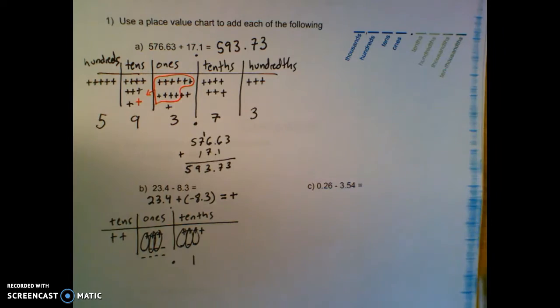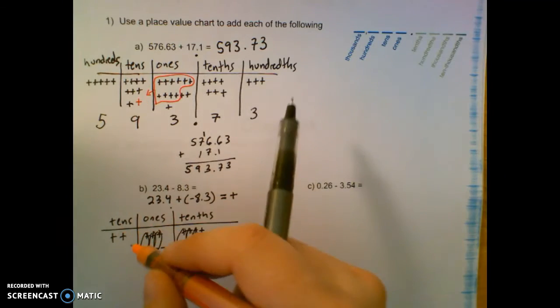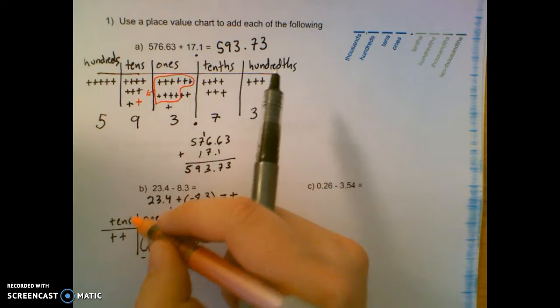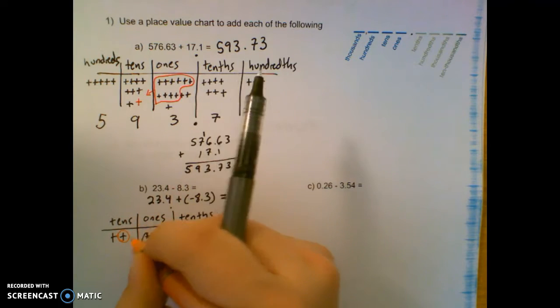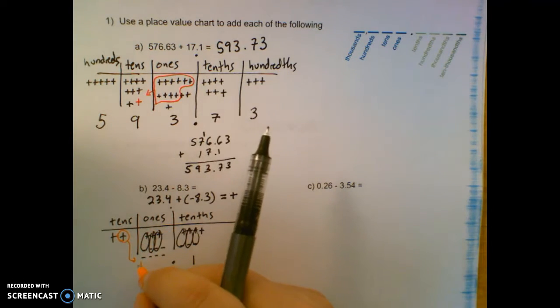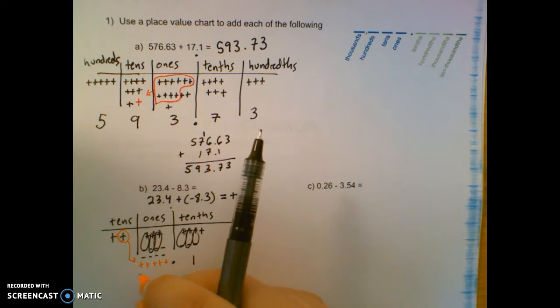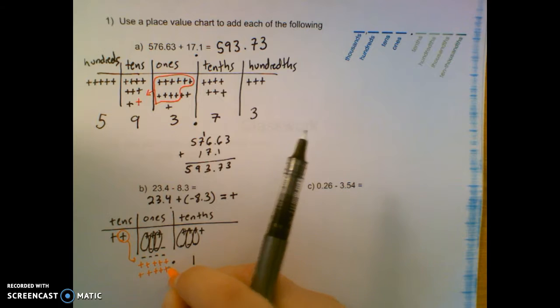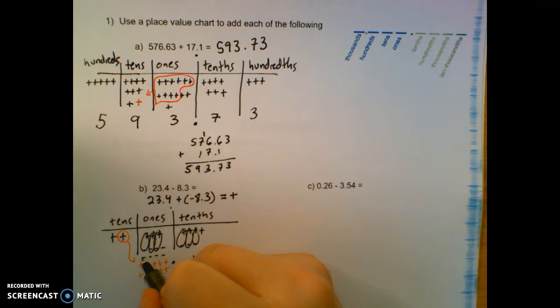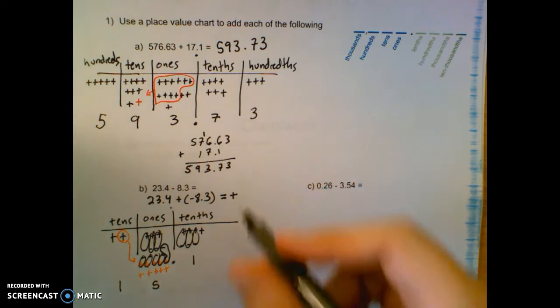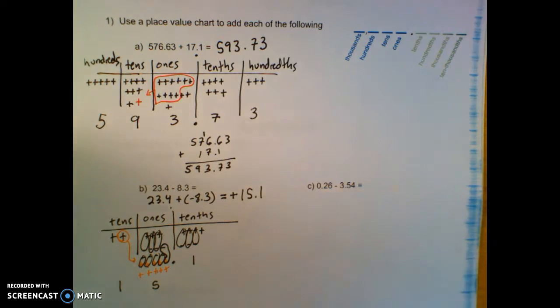So this is a different type of regrouping. I need more positives in this column, so I borrow one of the positives from here and break it into 10 ones. So that gives me more 0 pairs. Ooh, I'll get that one. 1, 2, 3, 4, 5 positives left over, and then 1 ten left over. So I have 15.1